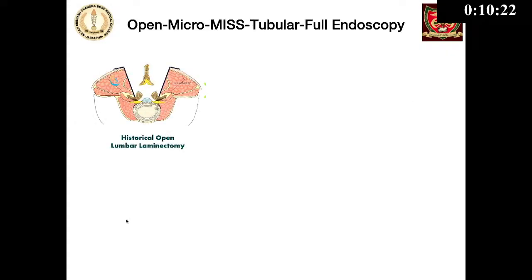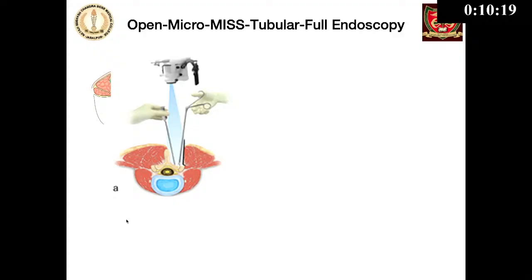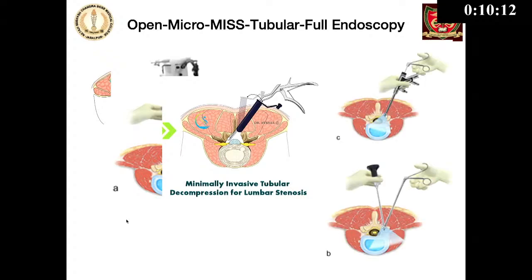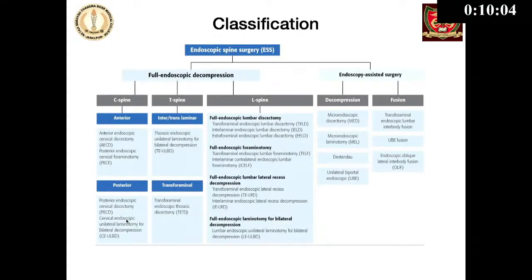Cochrane still says that microdiscectomy is the gold standard of treatment. Others are equally effective with some added advantage, but the evidence is less clear that they are superior to microdiscectomy. So we started with open, then switched over to microdiscectomy, then tubes with the microscope, then tubes with the endoscope, and then come these least invasive techniques, monoportal and biportal. Many classifications exist.